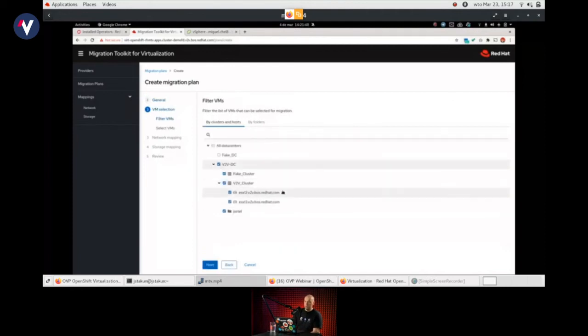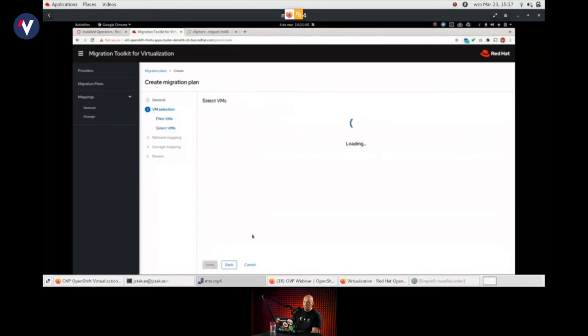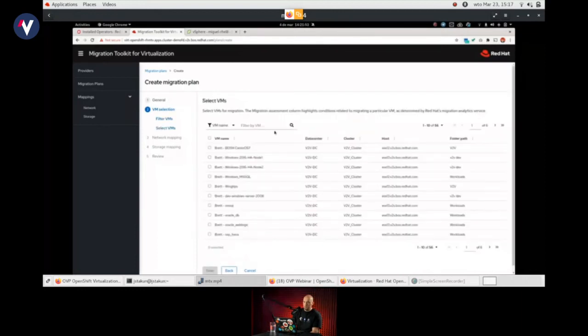So here you can see we can filter VMs. So at large scale we can select here a large number of VMs, but of course for this demo there will be just one VM migrated, and